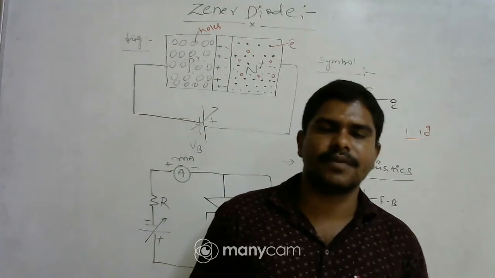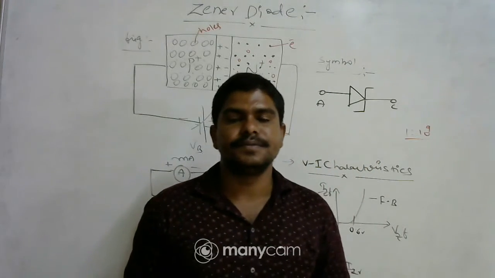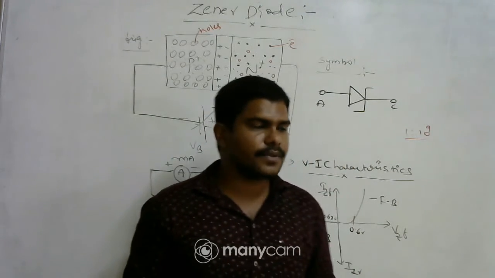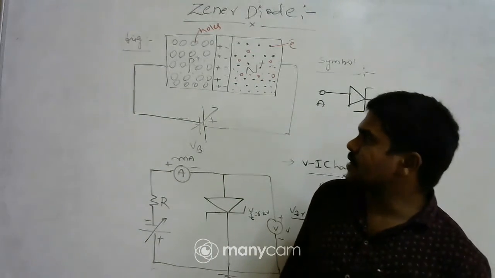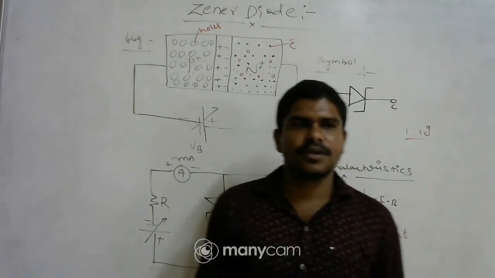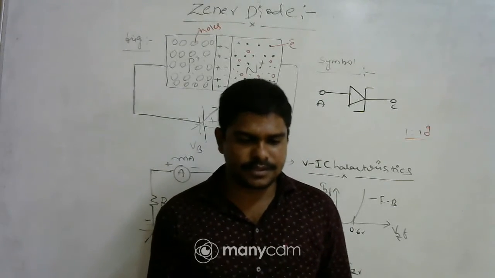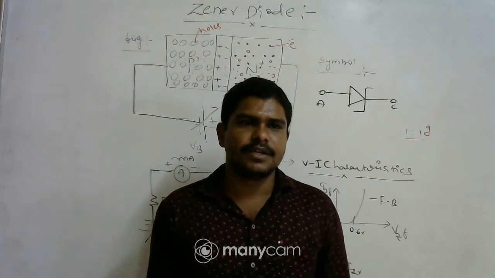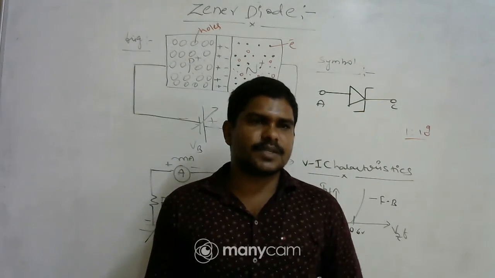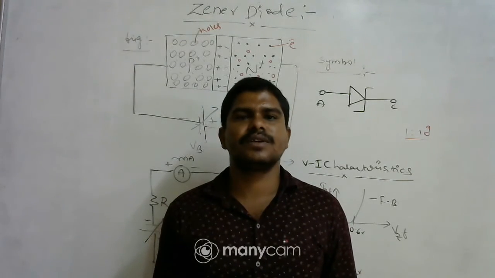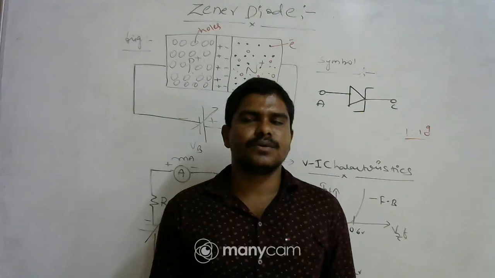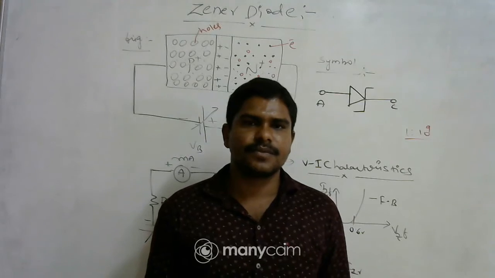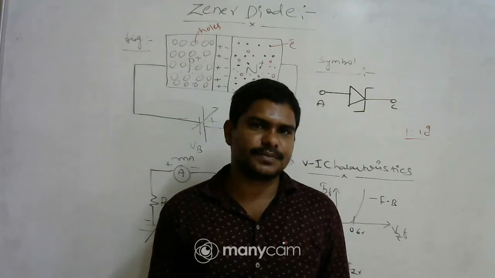The process of adding impurity is called doping. We saw the PN junction diode characteristics: we observe current in forward bias and there is no current in reverse bias. In reverse bias, because unlike charges attract each other in a lightly doped diode, we are not getting current in the reverse-biased PN junction diode.